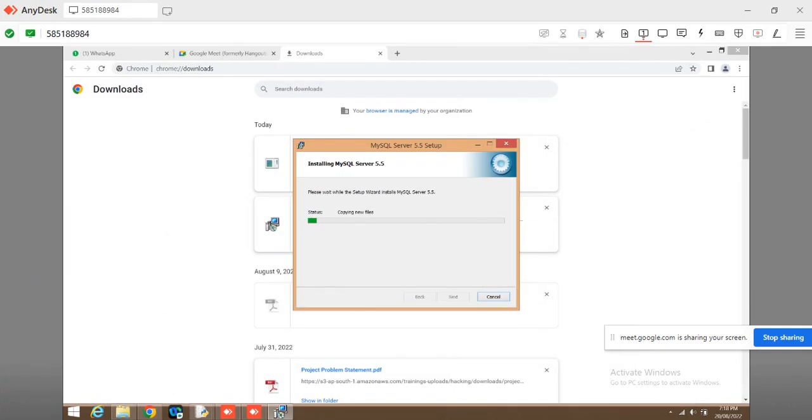First of all, you have to download MySQL. Once downloaded, double click on the setup file, then click on next, then select typical. After clicking on typical, you move on with next again. It starts the installation like that.